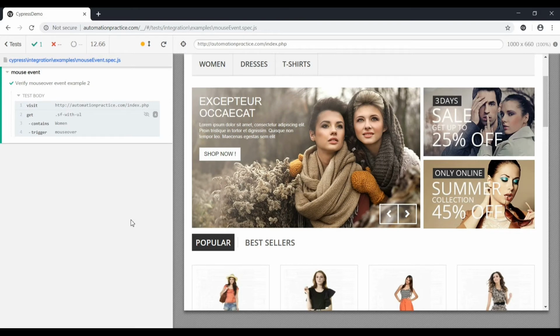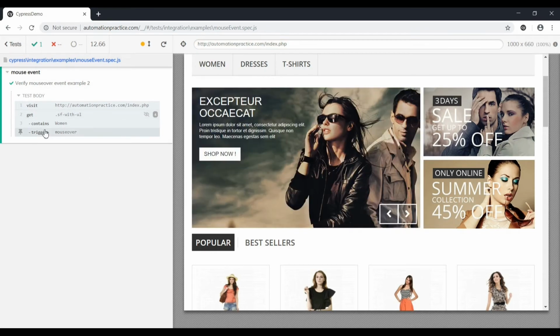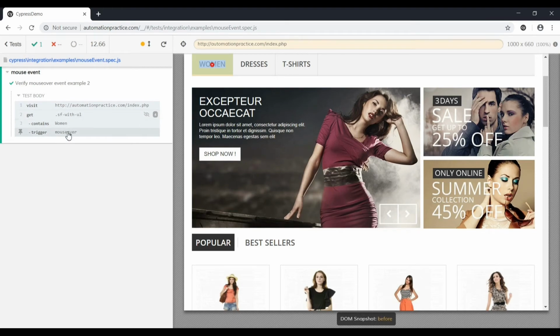See, the test case passed, it says that it triggered, but nothing happened. So the pop-up is not displayed, the subcategories are not displayed, so we will need to use a different approach here.